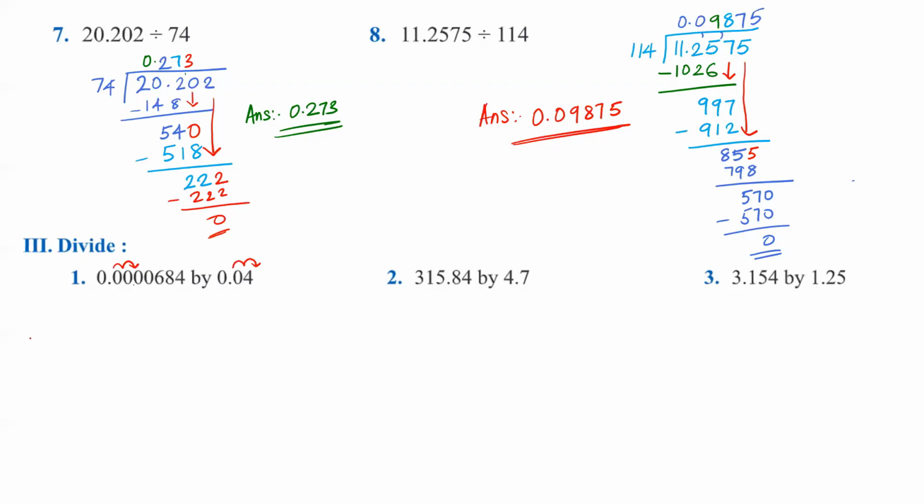So what do the numbers turn out to be? You will get 0.00684 and the divisor will be 4. So that is the first step. I'm not writing it directly; I have already mentioned it. I need to make the divisor a whole number, so I shift 2 times towards the right, and the same thing you should do to the dividend. So these will be the numbers.